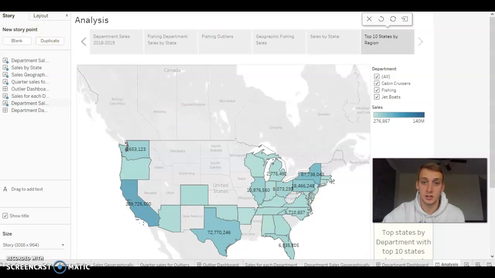My specific recommendation to improve sales going forward would be to see why the largest source of sales, the fishing department, has been declining in 2019. And then in each high sales state, what made it different from 2018 that created such demand for that product.